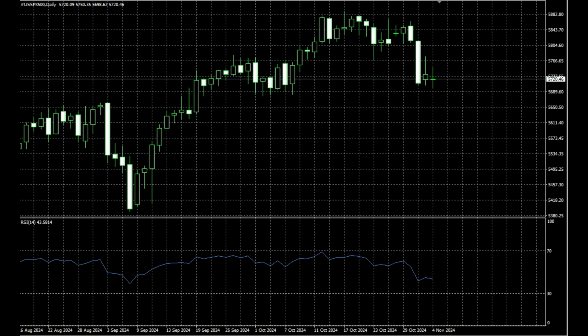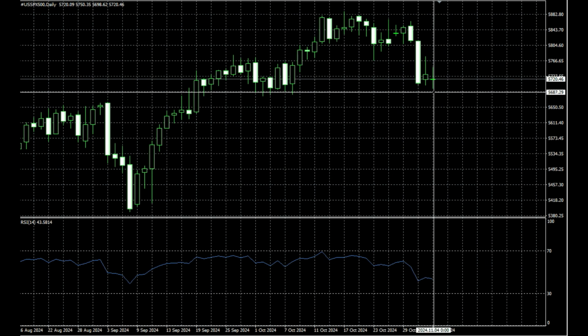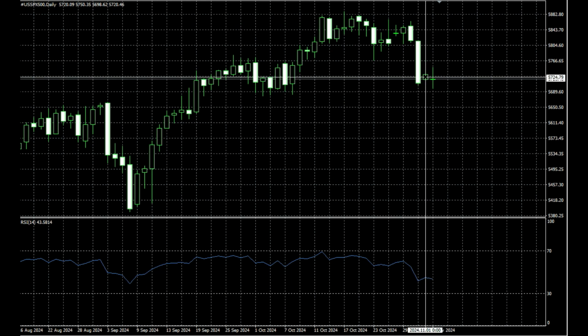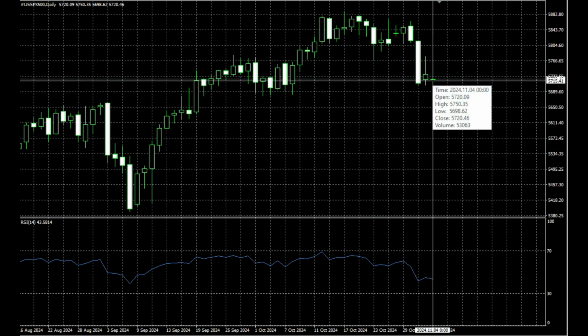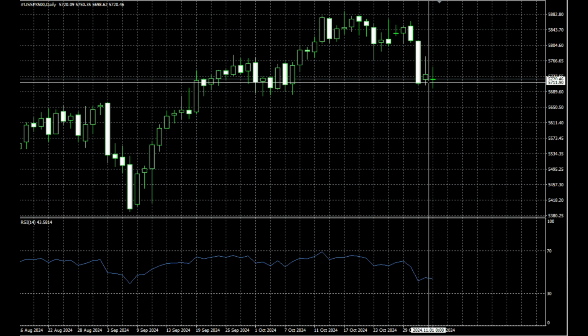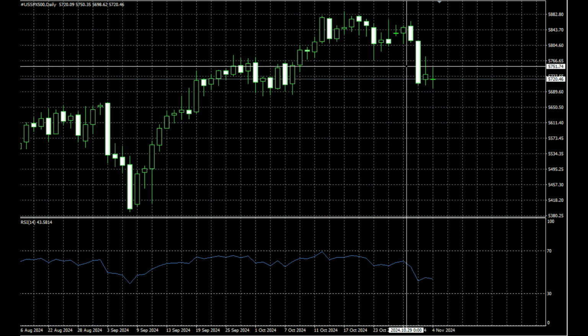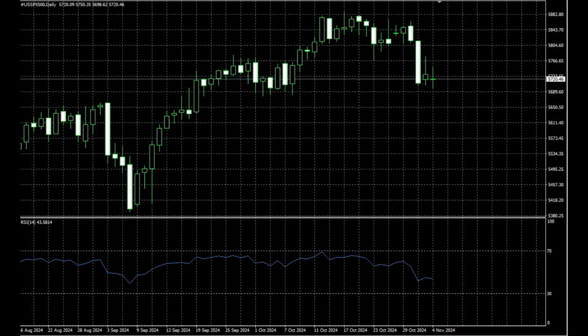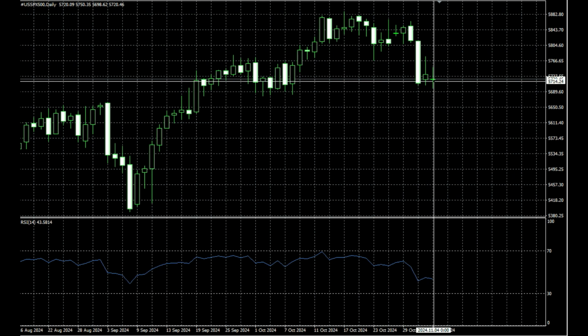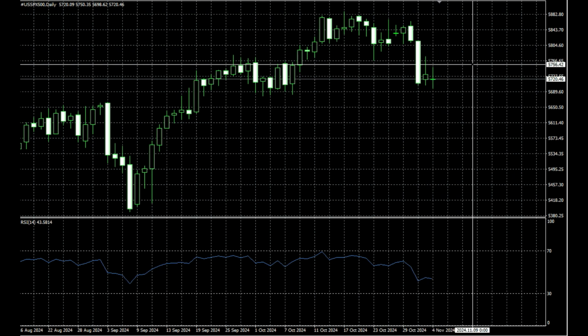Now we can see the S&P 500 today. What we have right now is a bullish candle yesterday, and now we are waiting to see what will happen. There are two possibilities here. One possibility is to have a couple of bearish days until the middle of November, and then a strong push up, or to have a strong push up just after the first night of the election. So we need to be cautious here.